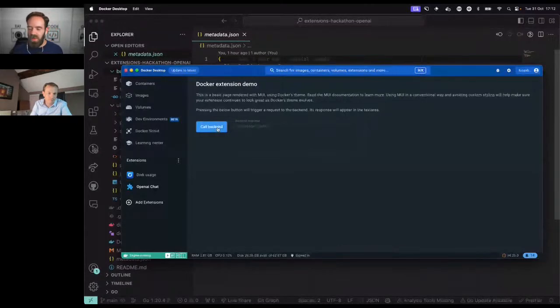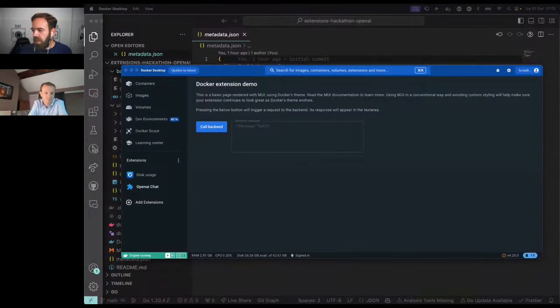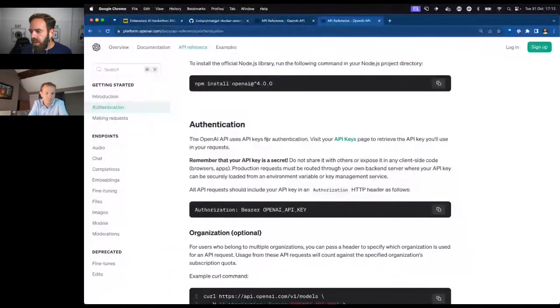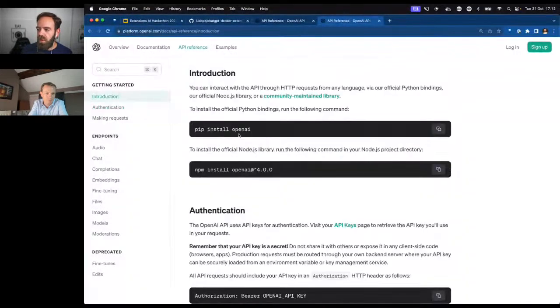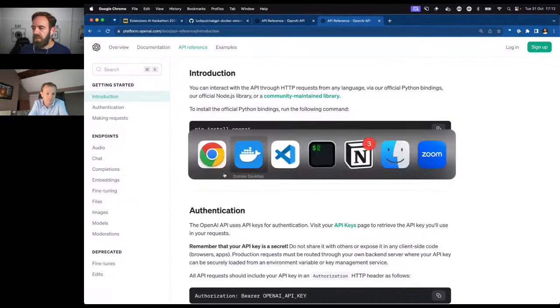All right, so from this, we're going to have a chat with messages and consume the OpenAI API to get that. And to do that, the first thing we want to do, I'm going to go quickly to the OpenAI spec so that we can see the API that we're going to consume. In the introduction, if you want to do something with ChatGPT, you see that there are libraries for Python or for JavaScript. And for this case, we're going to go with JavaScript. So the first thing that we want to do is have a backend side of the extension written in JavaScript.